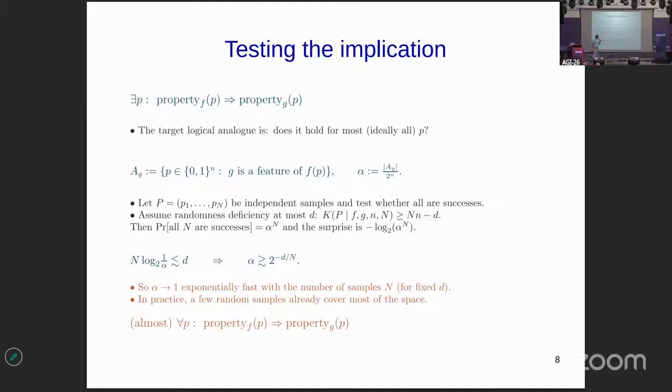So it converges to 1 exponentially. If you just sample random parameters, random equilateral triangles, you will cover the majority of the space. It doesn't guarantee that there are no exceptions, but you cover large parts of the space.